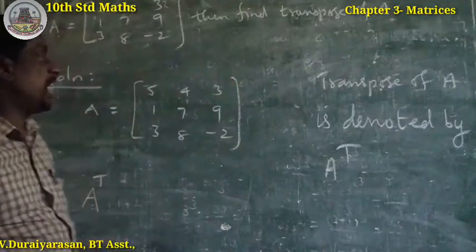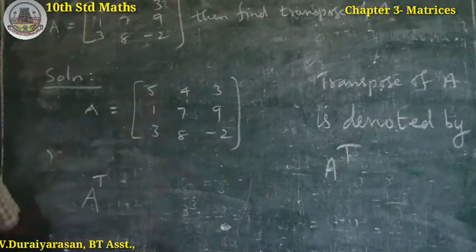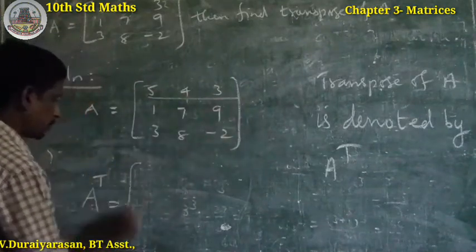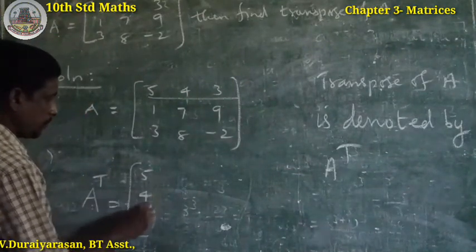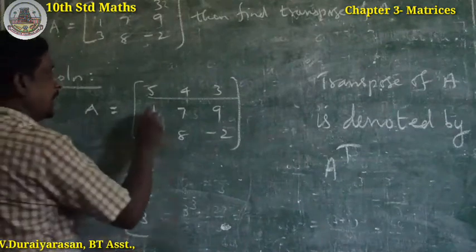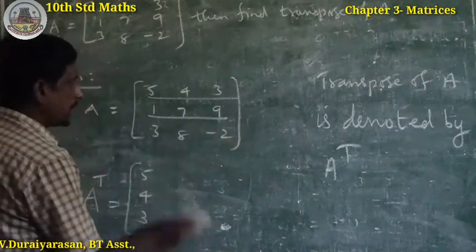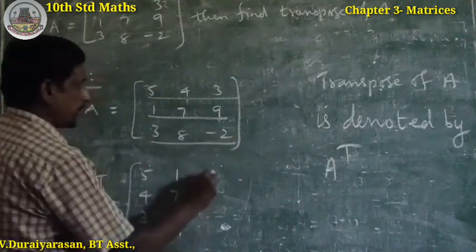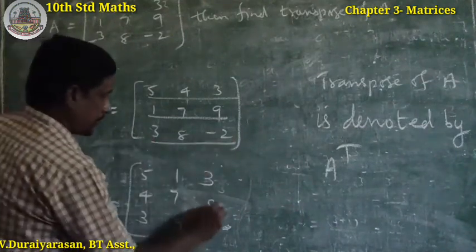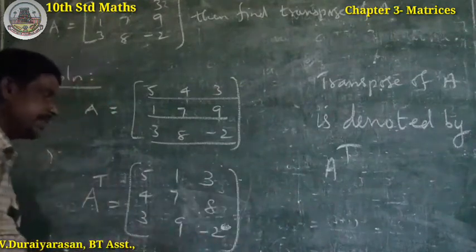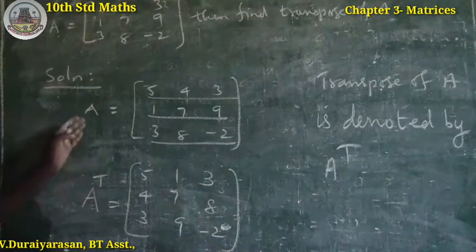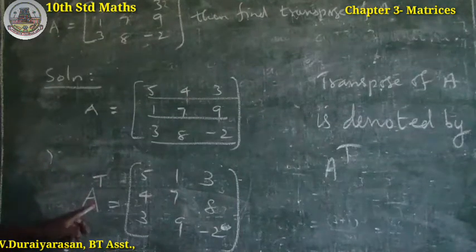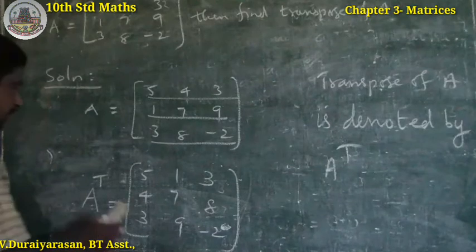Transpose means the row is converted to column. The first row is converted to first column: 5 4 3. The second row is converted to second column: 1 7 9. The third row is converted to third column: 3 8 minus 2. What is this? Transpose of A. This is the 2 mark question. Right? Next, find